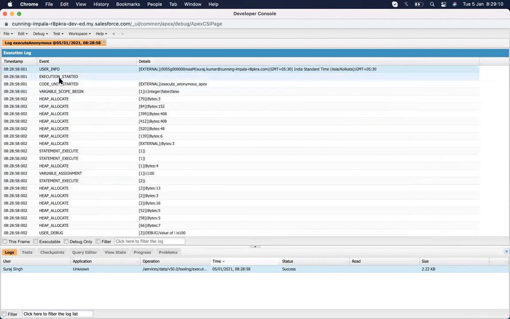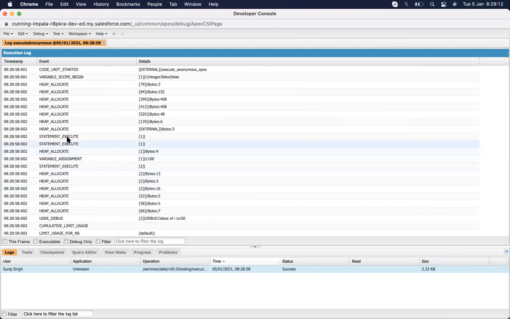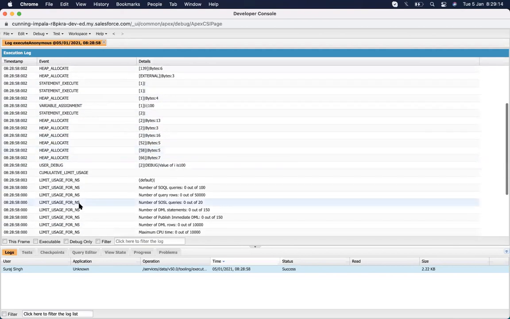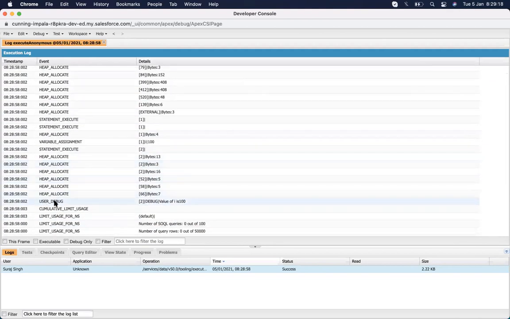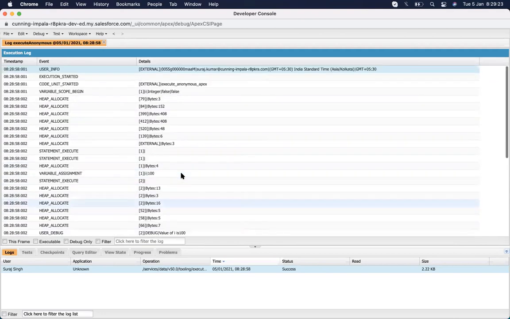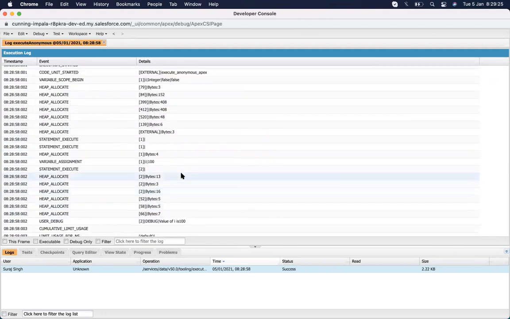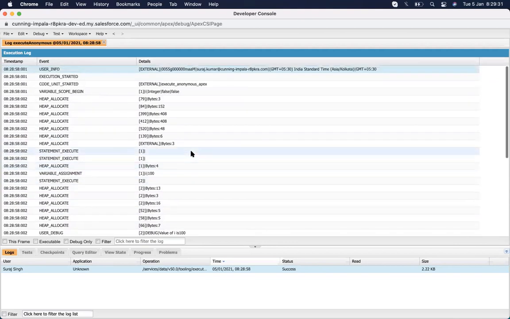when the execution started, when the statement executed, everything you can see up here. And if I put any debugs, it shows the debugs up here, then value of I is 100. You can see. So log reading is a very important thing while working on Apex code. Once you start working on the code, you will get familiar with that thing.